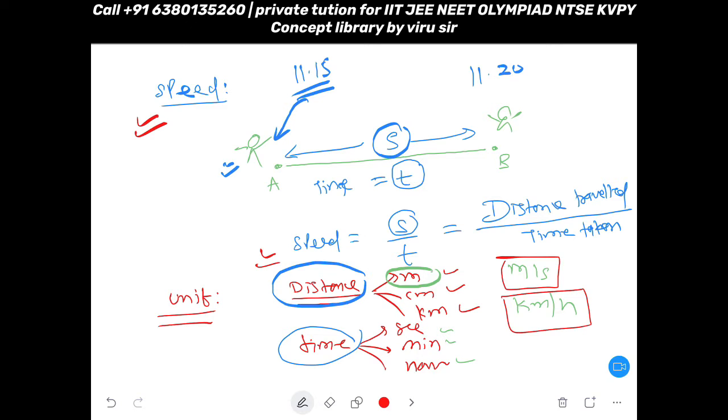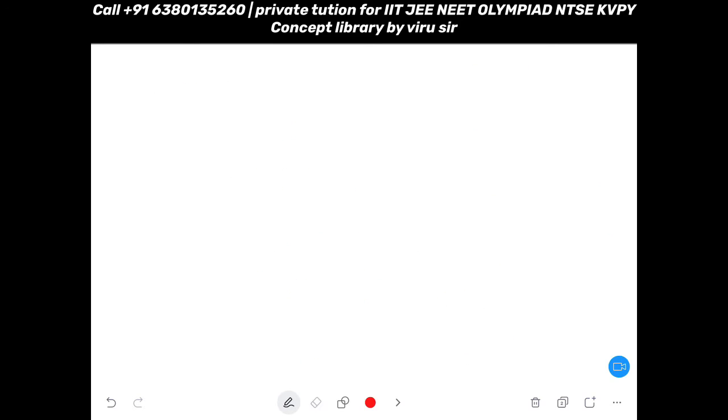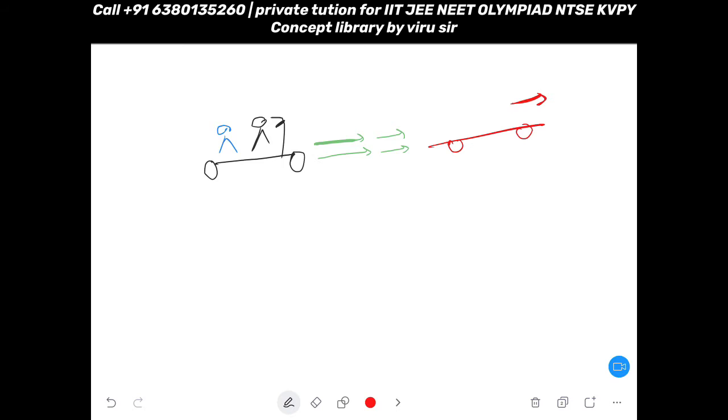So when you say that your bike is very fast or very slow, how will you say it? You have two things, one is instantaneous and one is average. For example, imagine this is the bike, someone is riding it, and you are standing behind, and the bike is going smoothly, but suddenly this person increased the speed. Then what will you say? Hey, don't go fast. It means for a particular moment you experienced the speed as very high. Okay. This is one way.